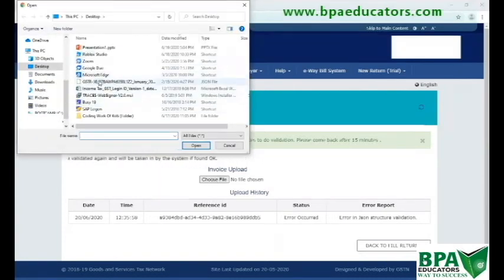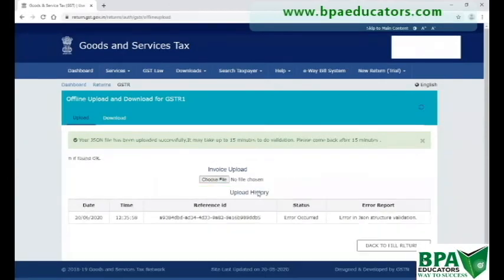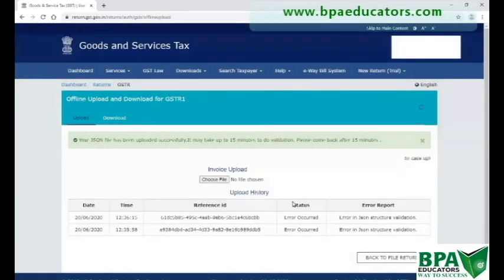and browse the JSON file I have created from my software and just upload that file on the portal. If the data is correct, the data will be uploaded without any error. But right now, as you can see that there is error because I have just randomly uploaded any file. So it is a checkpoint for the user that if there is any error, which is very critical error, the website will automatically ignore that data and show the error. So we can be pointed out if we are making some mistake.